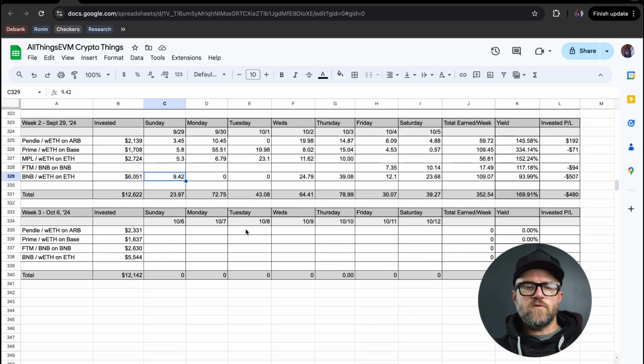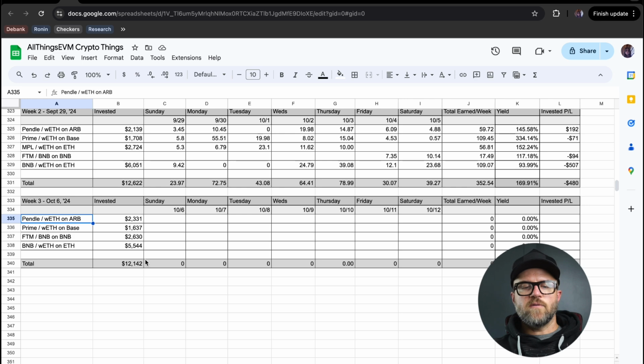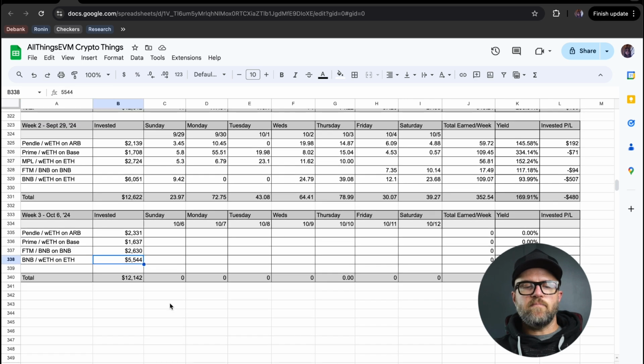Looking forward to some new pools this week. Still in the rotation, guys: Pendle to wrapped ETH on the Arbitrum chain, Prime to wrapped ETH on Base, Phantom to BNB on BNB chain, and BNB to wrapped ETH on the ETH chain, with the majority of that being in that big BNB to